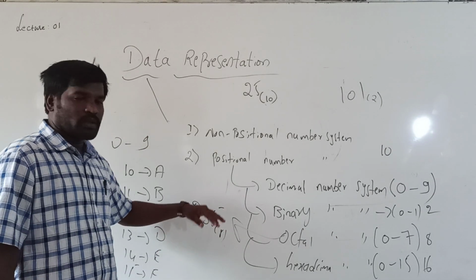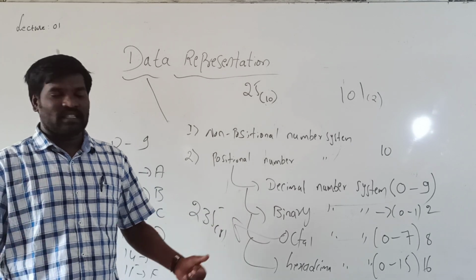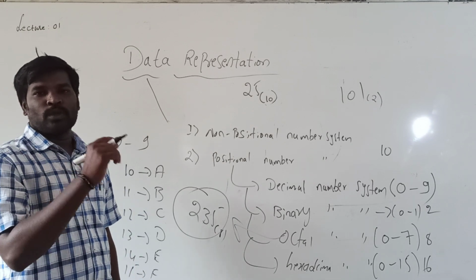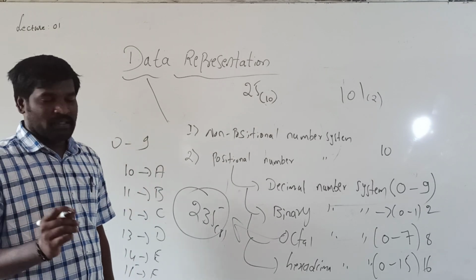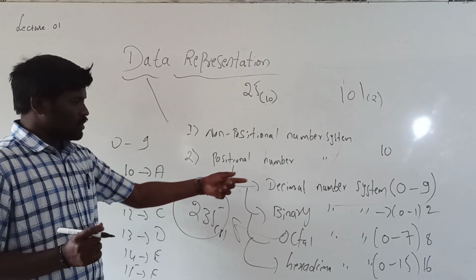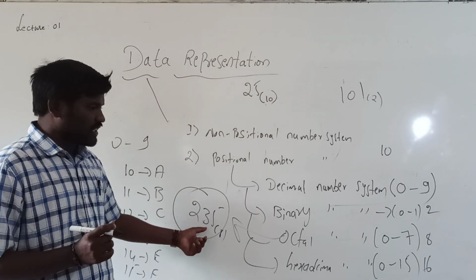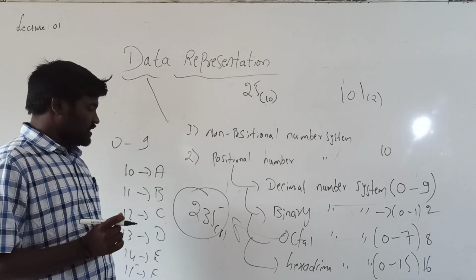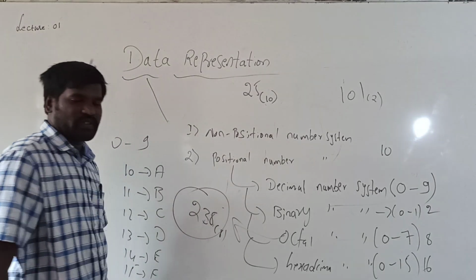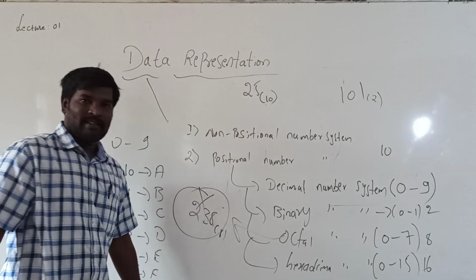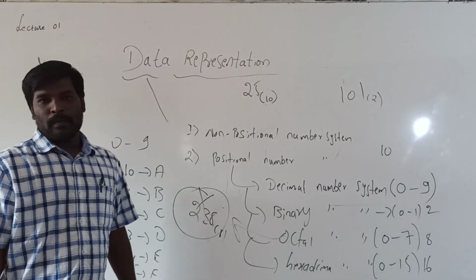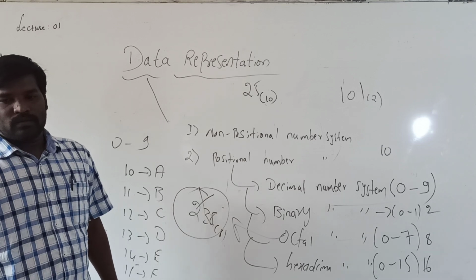Whatever octal number you represent, the entire value consists of digits 0 to 7. It means that each digit comes under 0 to 7. Here 2 is within the range, 3 as well, again 5 is between 0 and 7. For example, if I write 238 to the base of 8, it is not an octal number, because 8 does not come under the octal.